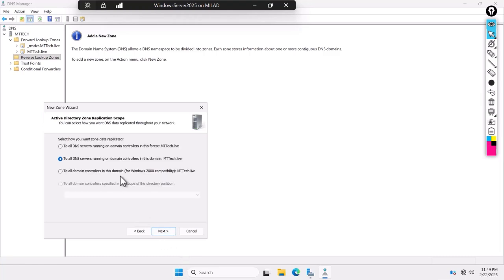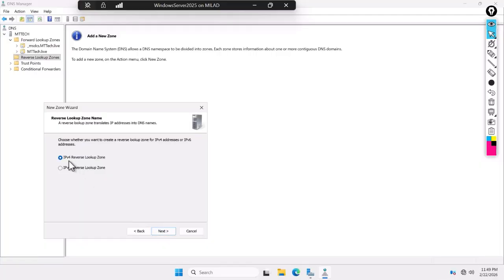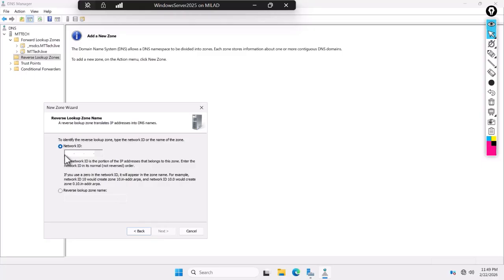Next, and to all DNS servers running on domain controllers in this forest. Next, then IPv4 reverse lookup zone. Then we add the IP address of the server 192.168.1, the network ID. So actually this is the network ID for the domain server, and the reverse lookup zone name will seem like this: